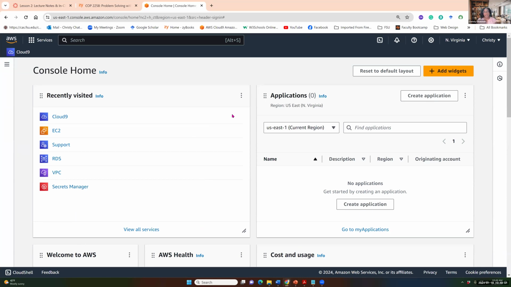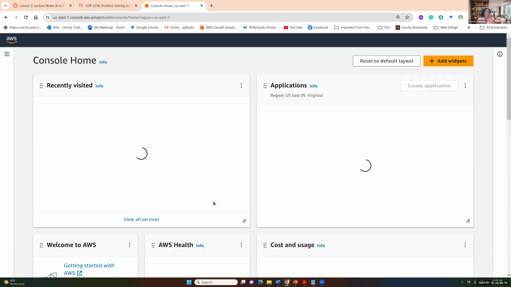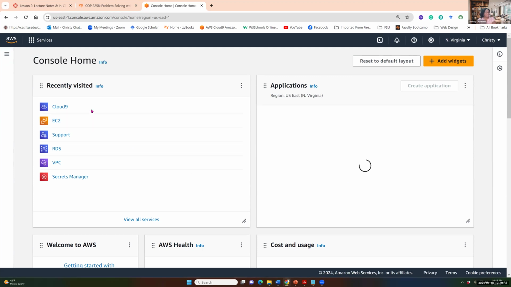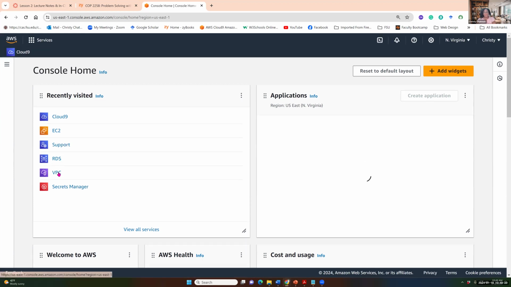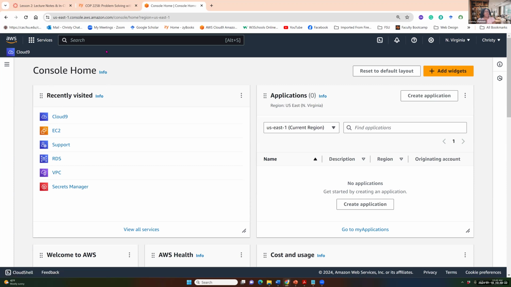This is my programming environment. If you're using AWS, I did ask that you go ahead and set it up already. And how do you get to this screen? Let's say, for instance, you've logged into your programming environment, whatever your programming environment is. Now, I'm just demonstrating mine. This is for those who are using this environment, this is what you will encounter. You may not see recently visited right here, okay, so that's fine. But in order to get to Cloud9, which is the environment that I use to program,